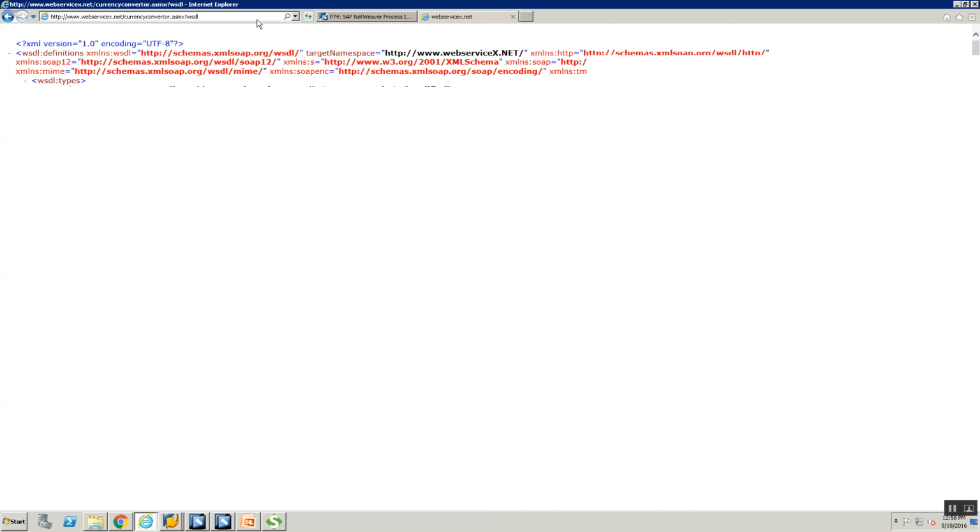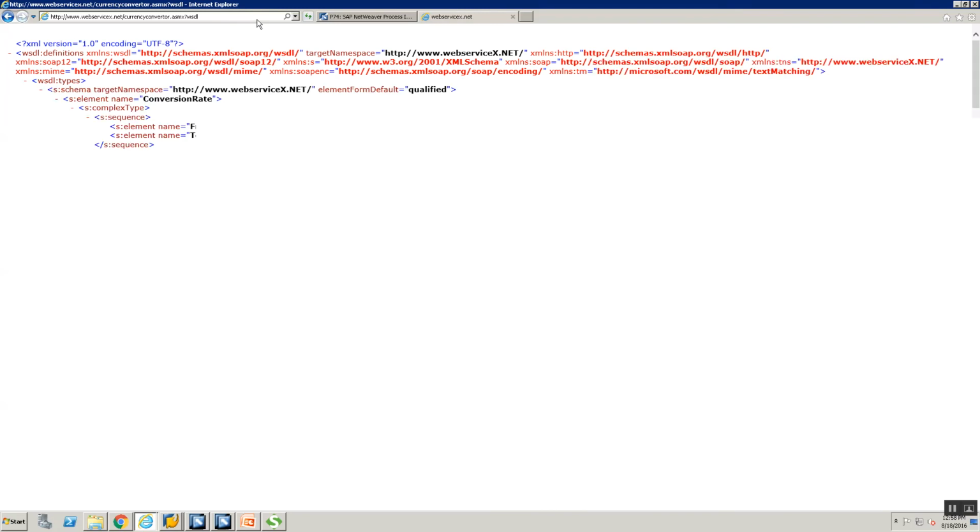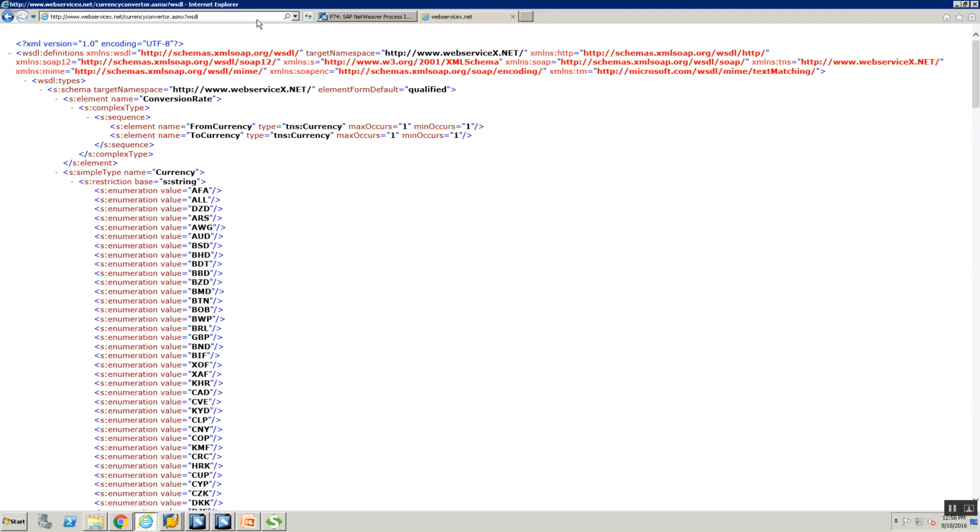Okay. Now that I have my URL entered, PI is now going to get me this WSDL. Let's just give it a second. It seems to be taking time to load. Okay. So now that we have this, we have to save this WSDL, and the way to do that is go to Alt F and save as. Okay.